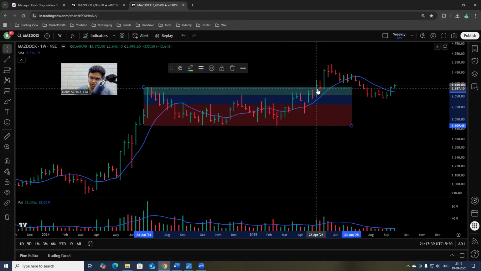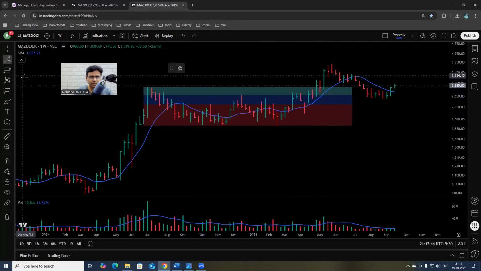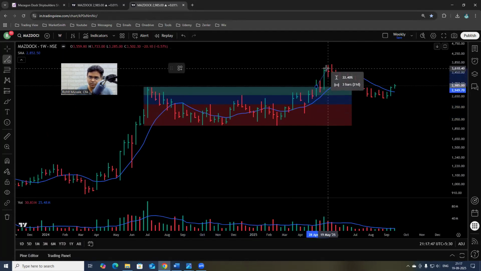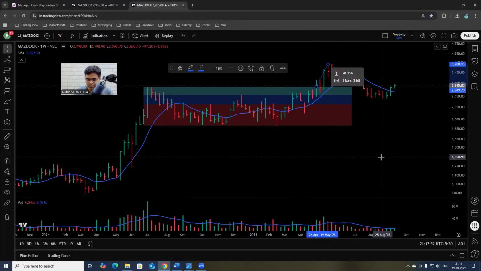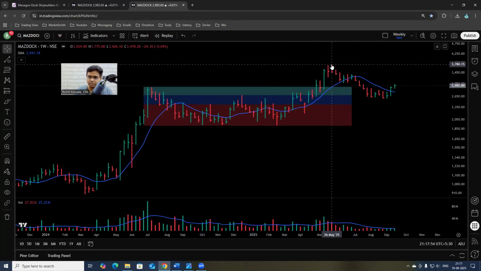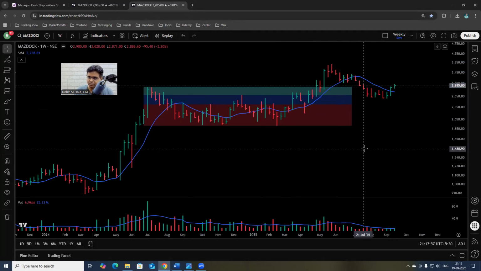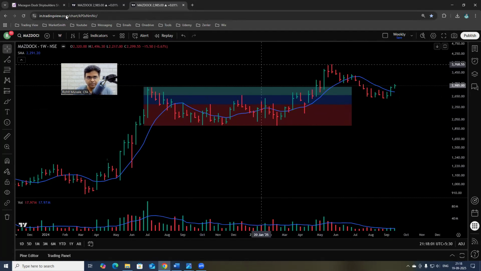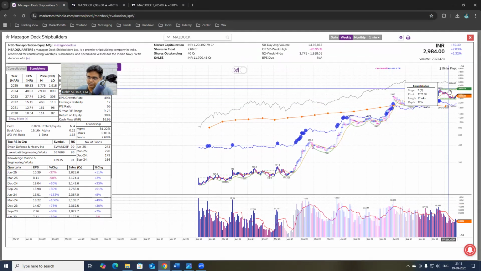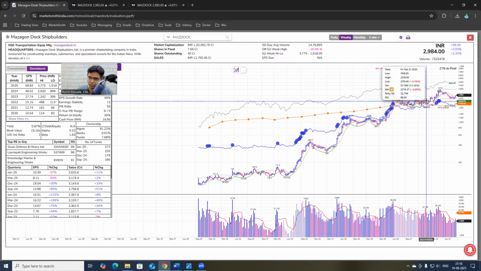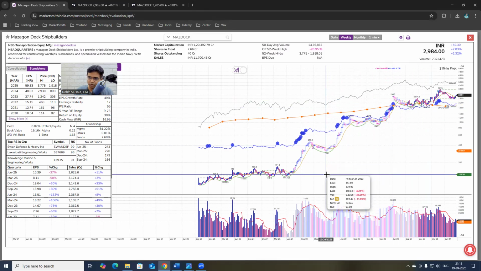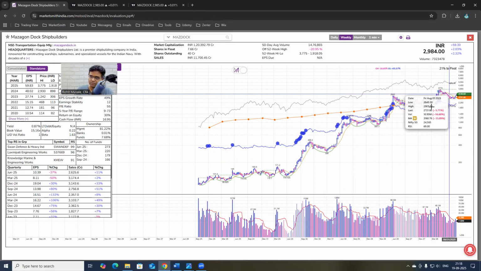So for me, this would be a breakout from this base. And if I measure from this base how much it has gone up, it has gone up more than 25%. Which means from here, base number 6 starts for me. So in my view, currently the stock is in base number 6. They are saying that the stock is currently in base number 2 because they are looking at this as base number 1. So I do look at MarketSmith data, the base count,